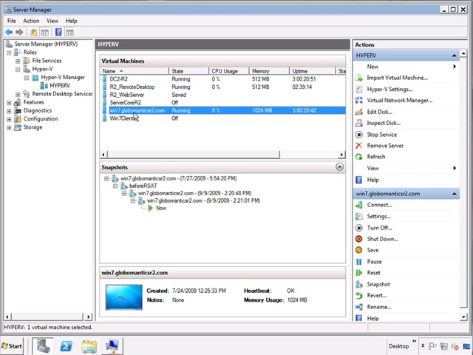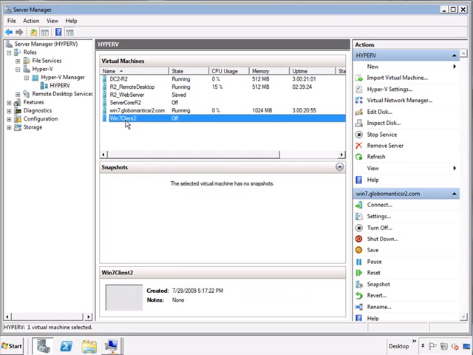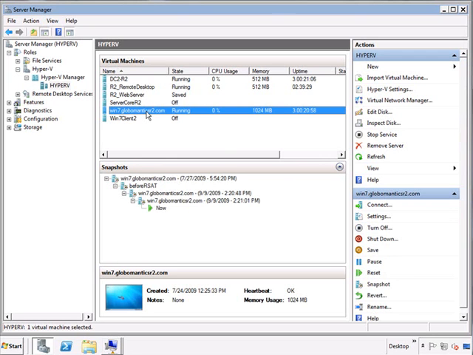Now the goal of having a personal virtual desktop is that only one user can actually use it. Right? So that's going to be our point of success. That's our standard that we're working towards. I did turn off my second client because I only have 4 gigs of RAM on this particular machine, and I wanted to boost up this particular machine as high as I could get it. So I added the extra half a gig of RAM over here. So we're actually running a full gig on this